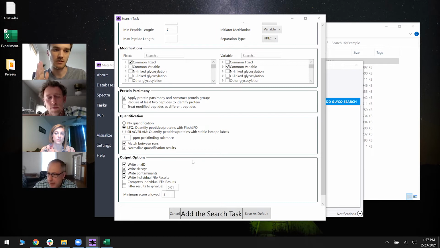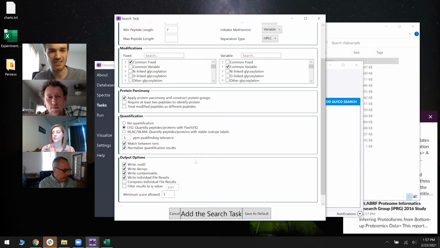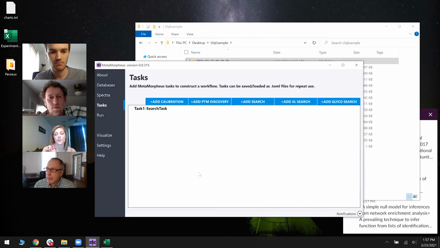So normalization basically finds, if you're looking at 2 files that are in the same condition, or 2 biological replicates in the same condition anyway, it'll subtract peptide intensities between those 2 files, find the median difference, and set that to be 0. So the assumption, even between conditions, is that the median peptide is not changing in abundance between those samples. That's a pretty common assumption when you're talking about normalization methods, but we use median